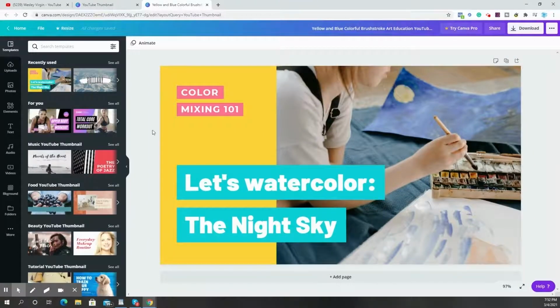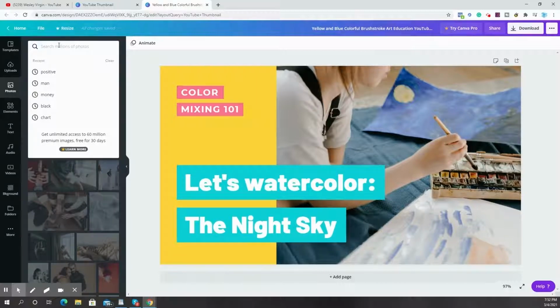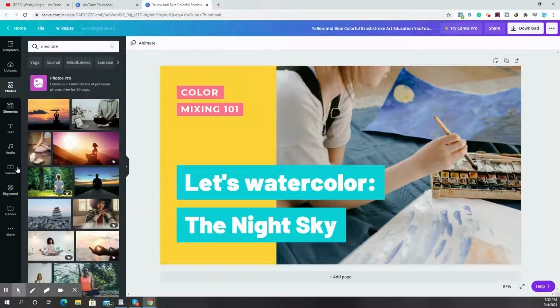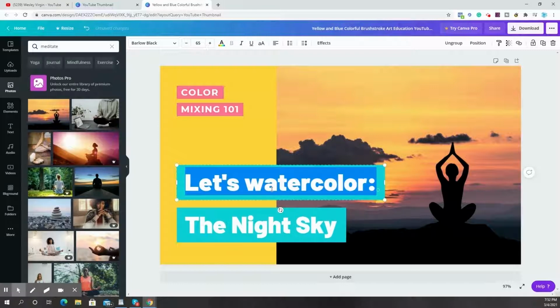Then what I want to do is change what this says. We can keep the colors the same. First, let's get us a picture. We'll go to photos and type in meditate. You see you have a variety of pictures that pull up here. Let's just use this picture right here. The colors blend in nice. Now let's change this text and put how to meditate